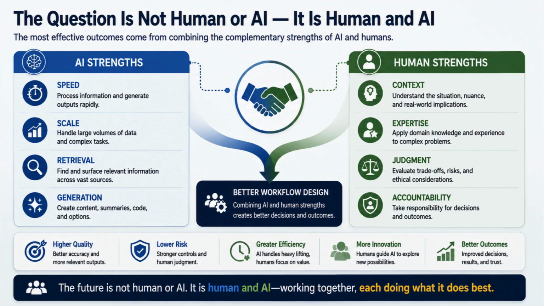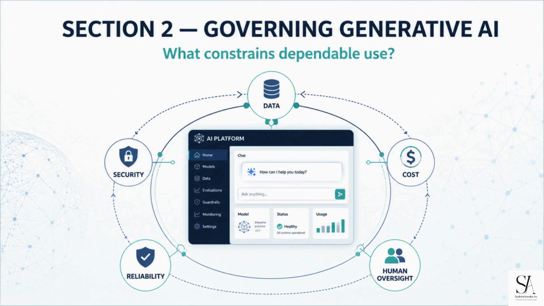With that framework established, we can begin with the first question. What are the operational limits of generative AI, and why do they matter when we move from experimentation to dependable use? In the previous section, we introduced the central question of this video. Under what conditions can generative AI be trusted to operate? We also saw that the answer depends partly on the consequence of error and the amount of authority given to the system. Before we can decide what controls are appropriate, we need to understand the operational limits that make those